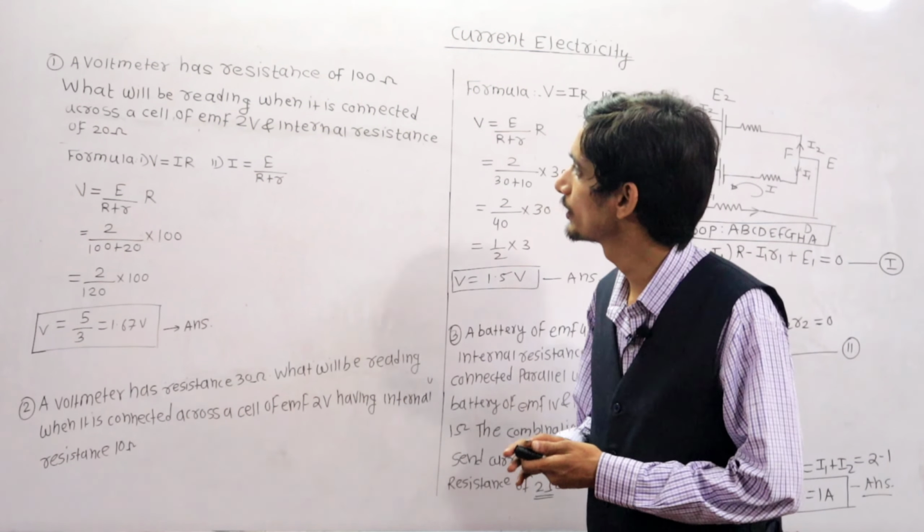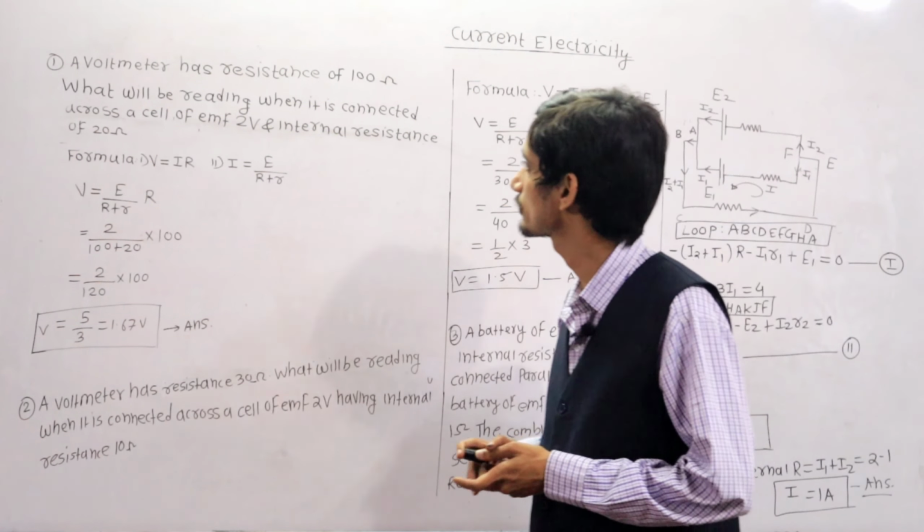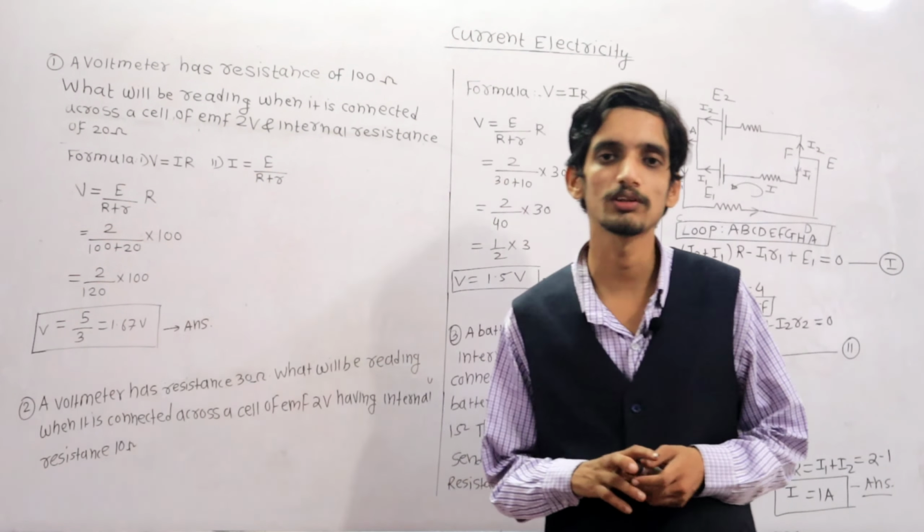Hello friends, today in this lecture we are going to discuss numericals on current electricity, in which the first numerical is: a voltmeter has resistance of 100 ohm. What will be the reading when it is connected across a cell of EMF 2 volt and internal resistance of 20 ohms? Now as usual, if you observe, the given data is the EMF of cell E is equal to